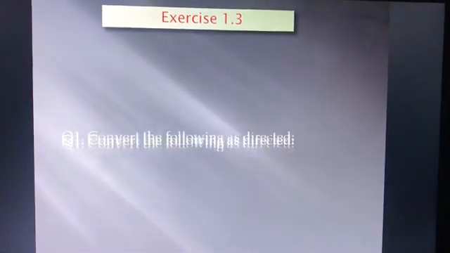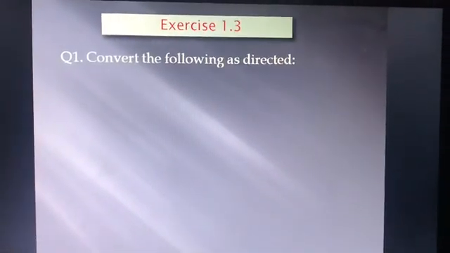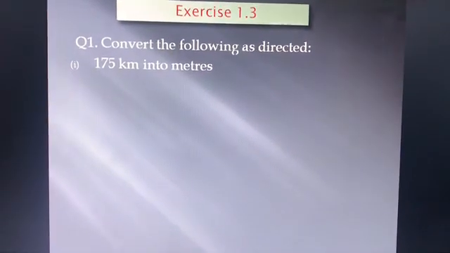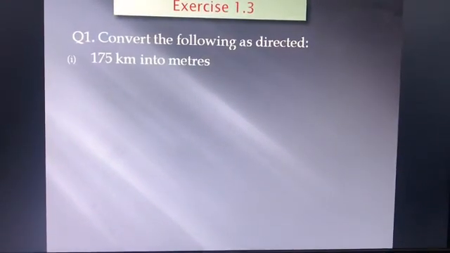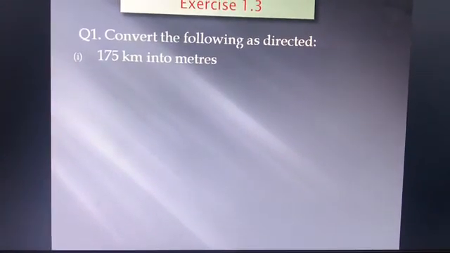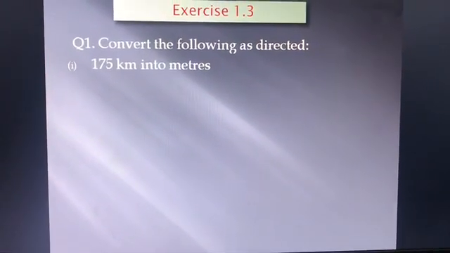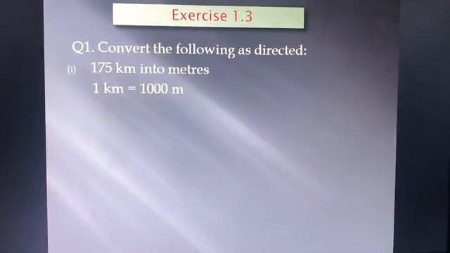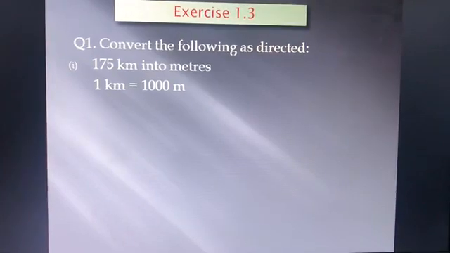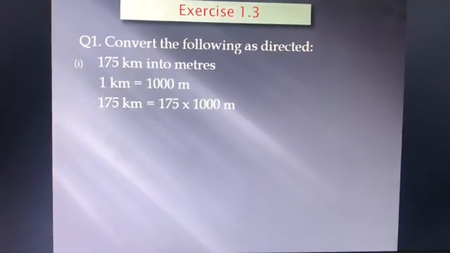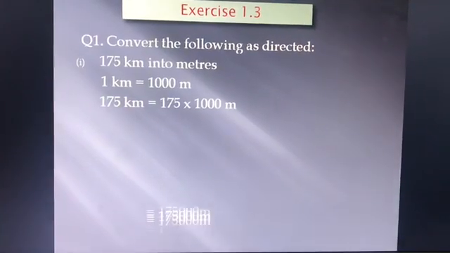Now we come to exercise 1.3. First question, convert the following as directed. 175 kilometer into meters. In this we have to convert kilometer into meter, that is bigger unit to smaller unit. So we need to multiply. And what is the relation between kilometer and meter? 1 kilometer is equal to 1000 meter. So we need to multiply with 1000. So 175 kilometer is equal to 175 multiplied by 1000 meters, that is